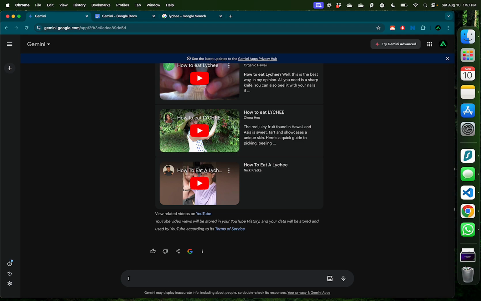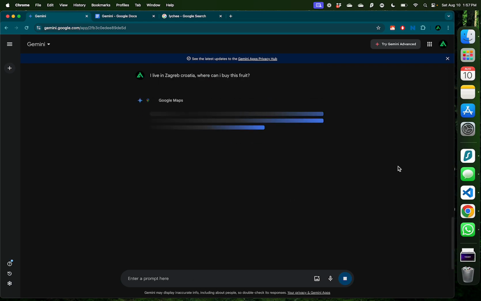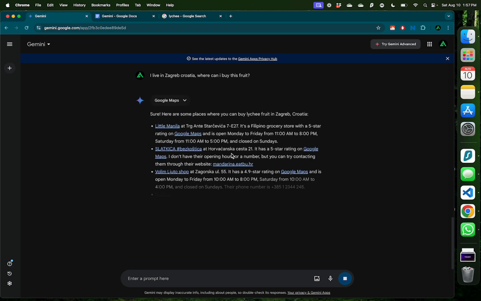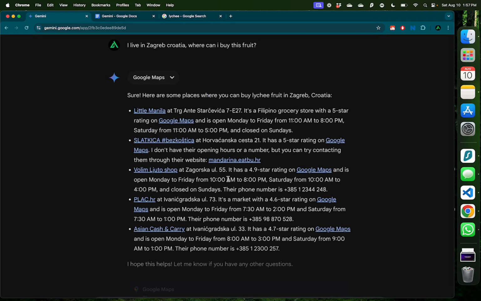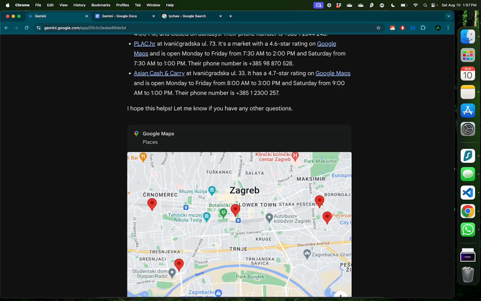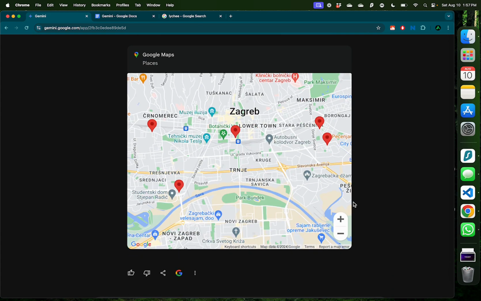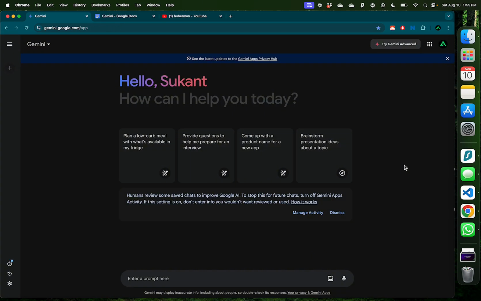For example, you can say, I live in Zagreb, Croatia. Where can I buy this fruit? And now, since Google is hooked onto Google Maps, it will tell you the stores where you can actually go ahead and buy a lychee. And all of these are shown in a nice Google map where you can go and buy a lychee right now. Alright, the next way I use Google Gemini is to summarize long podcasts